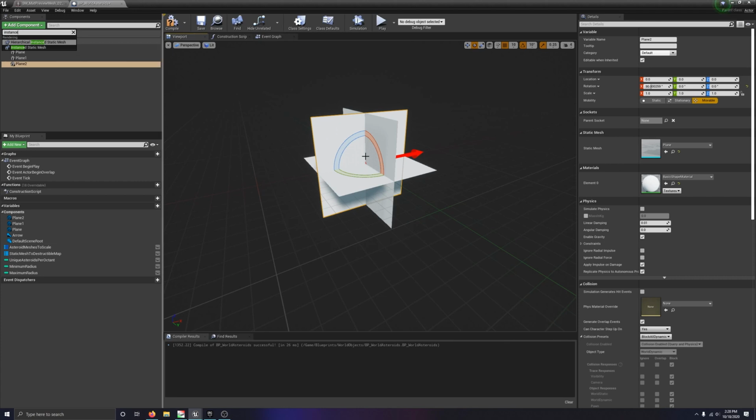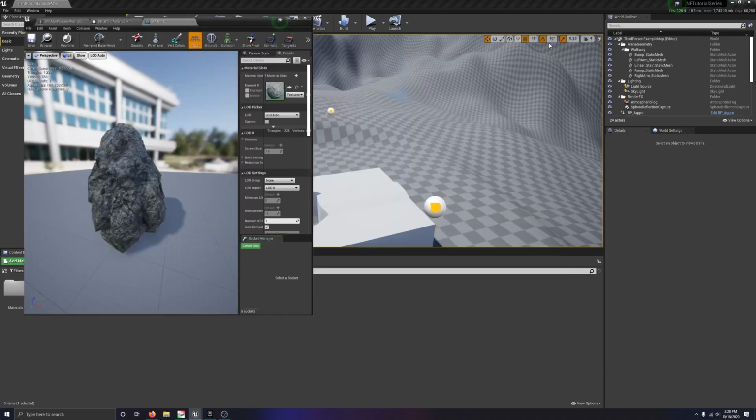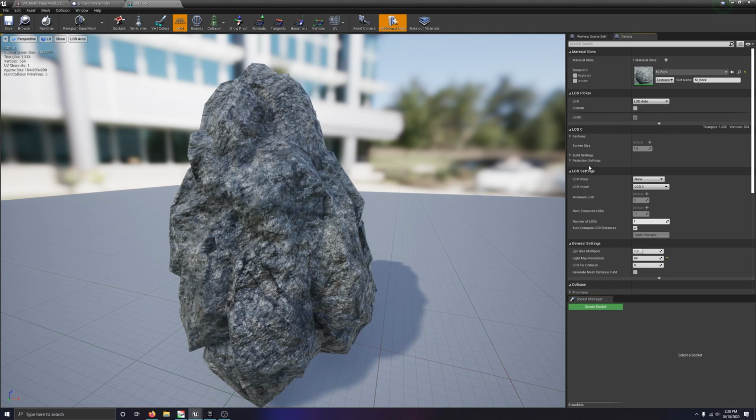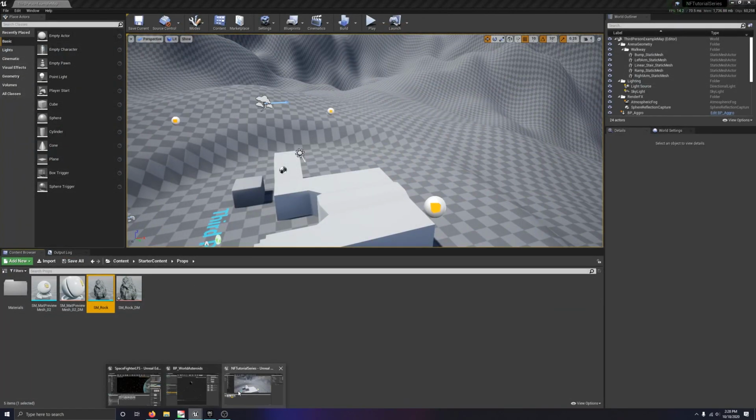And what that does is, for a mesh, you'll see here that there's LOD auto. This one doesn't have any LODs, you'll see there's only one LOD, but it's a way for Unreal Engine to, as you get further away from an object, de-res it and make it a lower poly model, so it's a little more optimized. So we're going to be piggybacking off of that, and also what